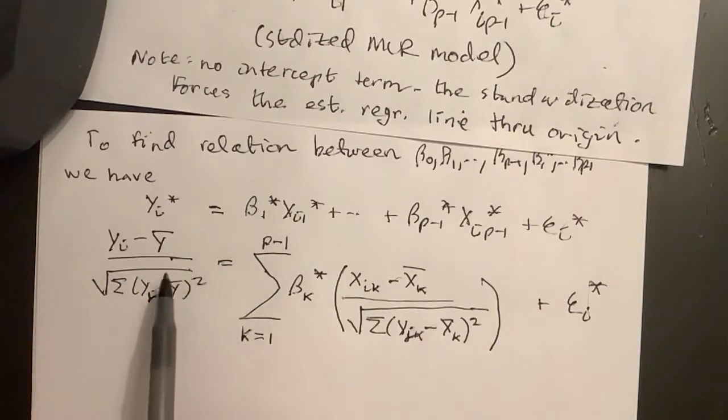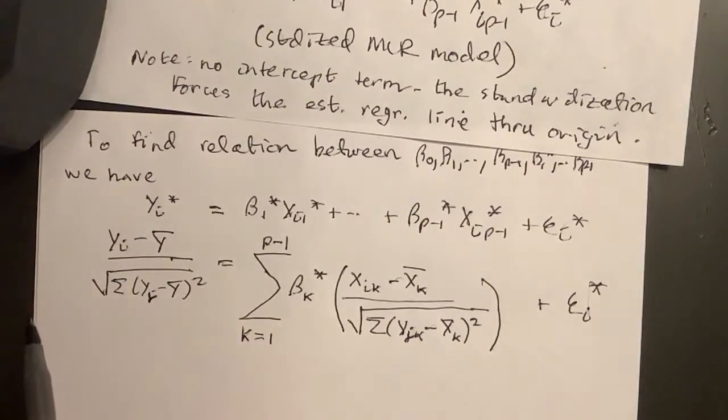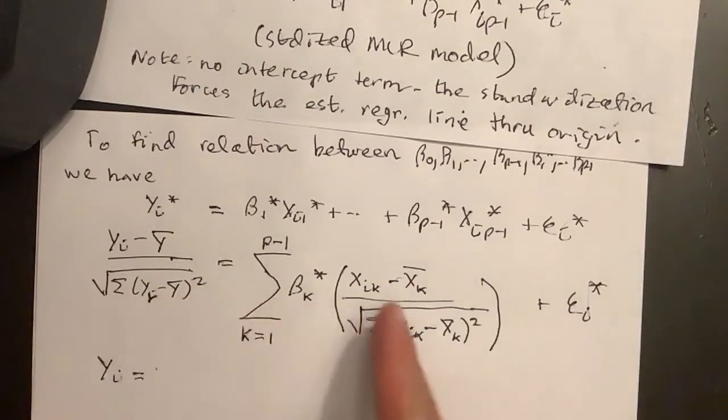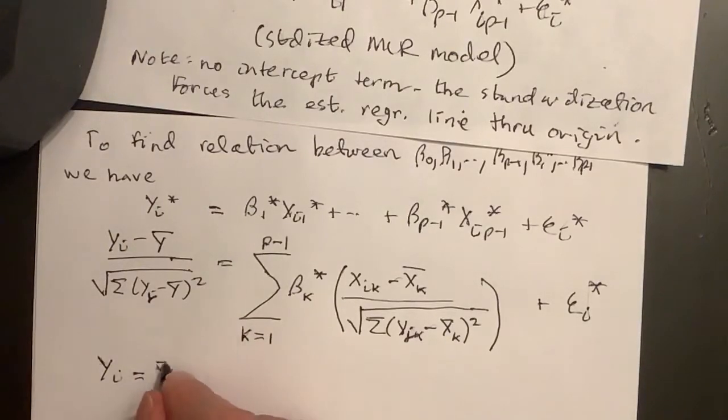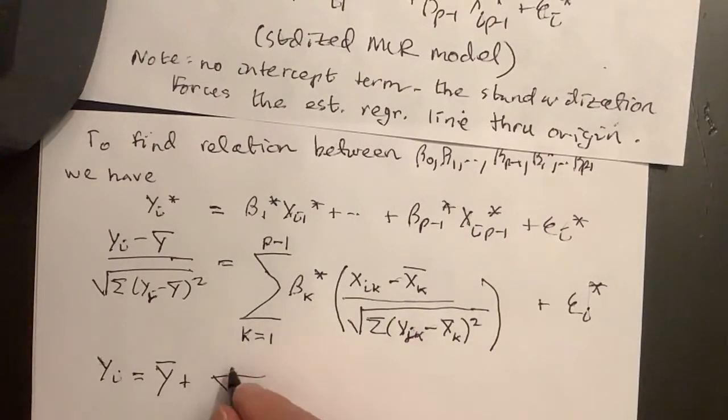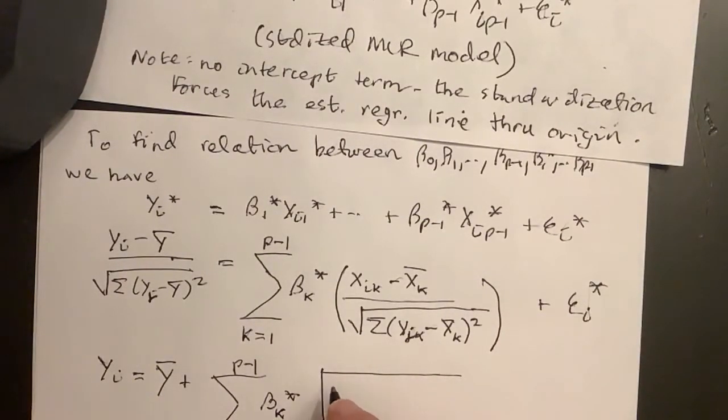The idea is I'm trying to make this look like the original equation. So I want to isolate yi on the left. So isolating yi, I get yi equals, I multiply by this, and I add y bar. So I have a y bar first, and now I have plus. I still have this big sum over here, k equals 1 to p minus 1 beta k star. And I've multiplied by this. So I'm going to write this like this. I have the square root of the sum of yj minus y bar squared over,